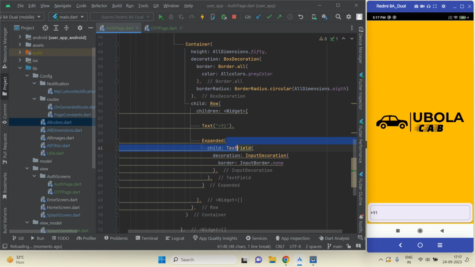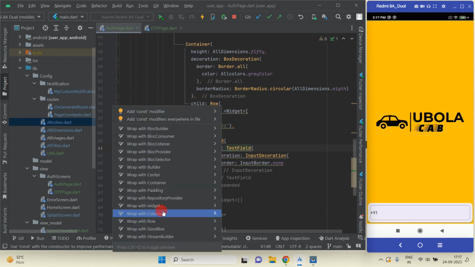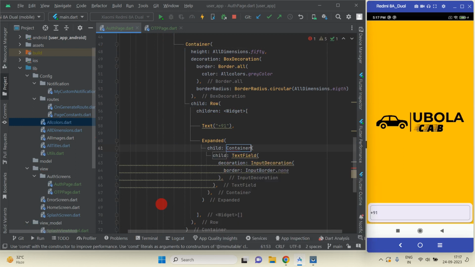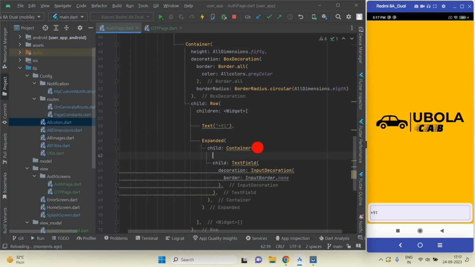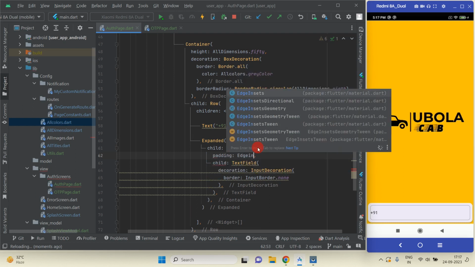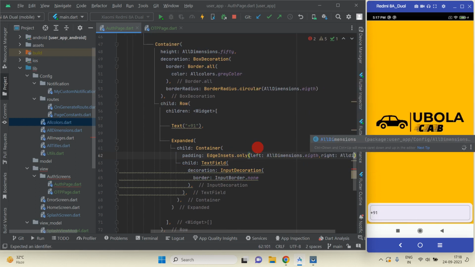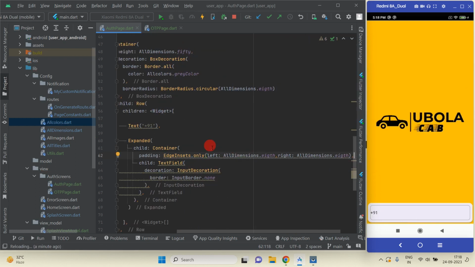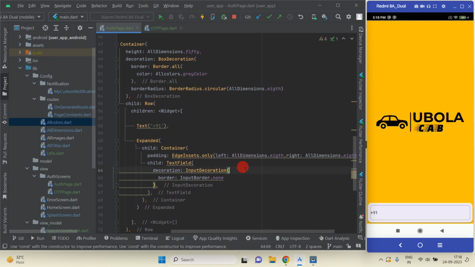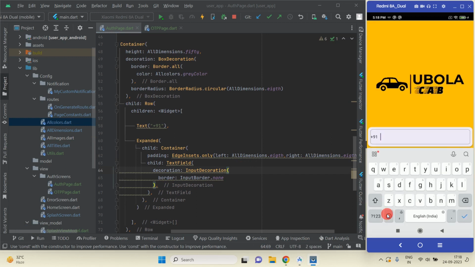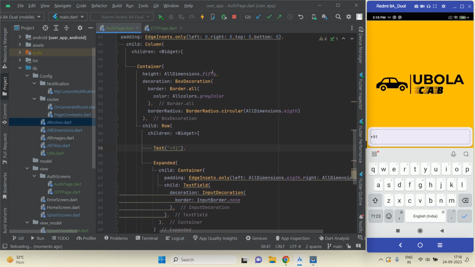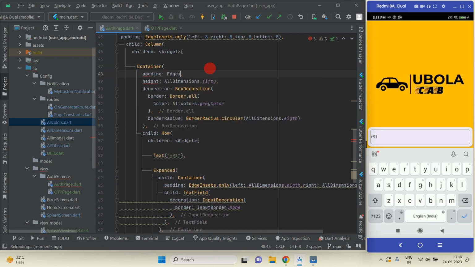And then here just wrap this with container, wrap this text field with container, and we will use padding as insets dot only, and the left padding will be all dimensions dot 8, and right padding will be all dimensions dot 8. And here also we will use padding as insets dot all dimensions dot 8,